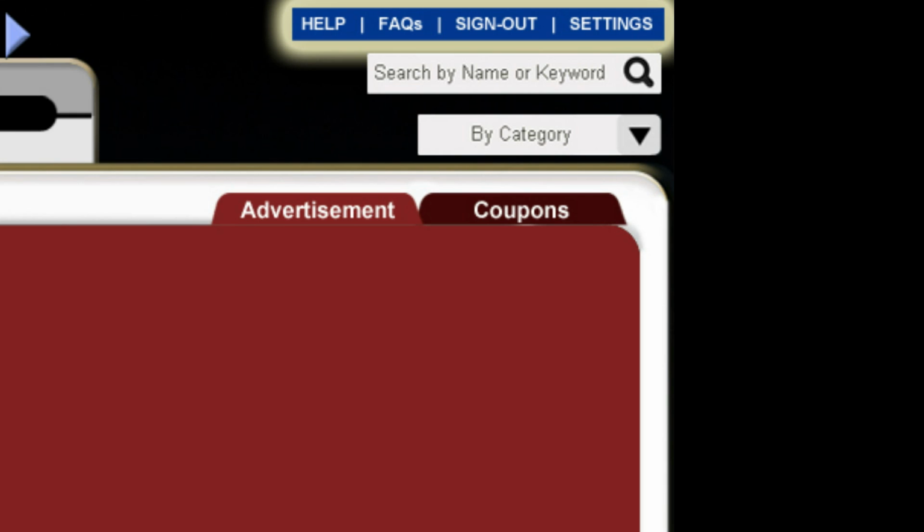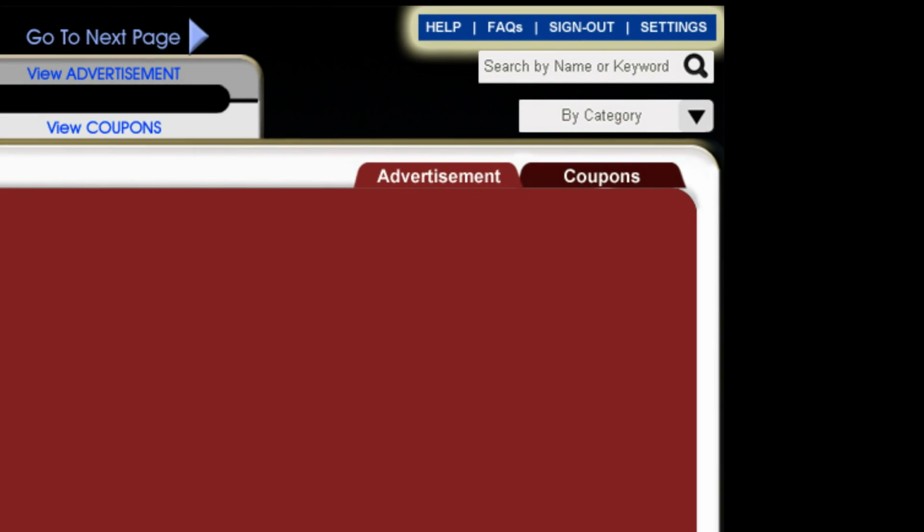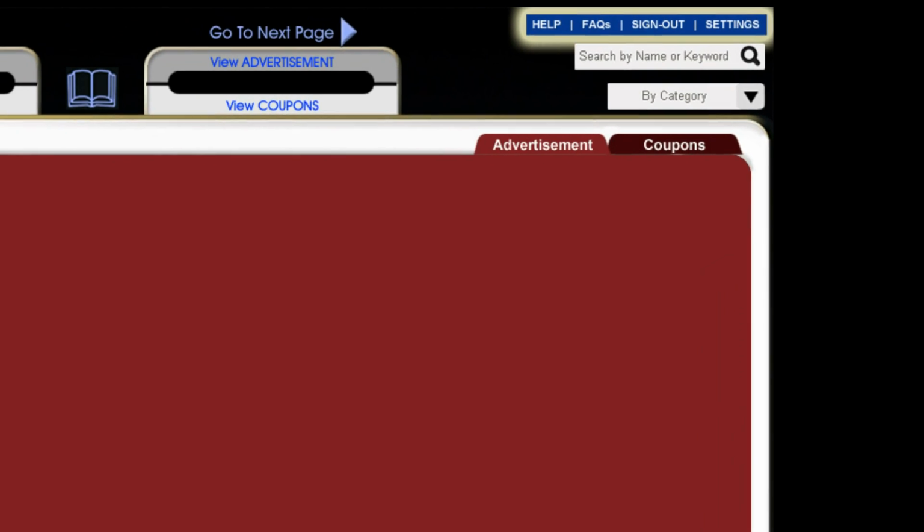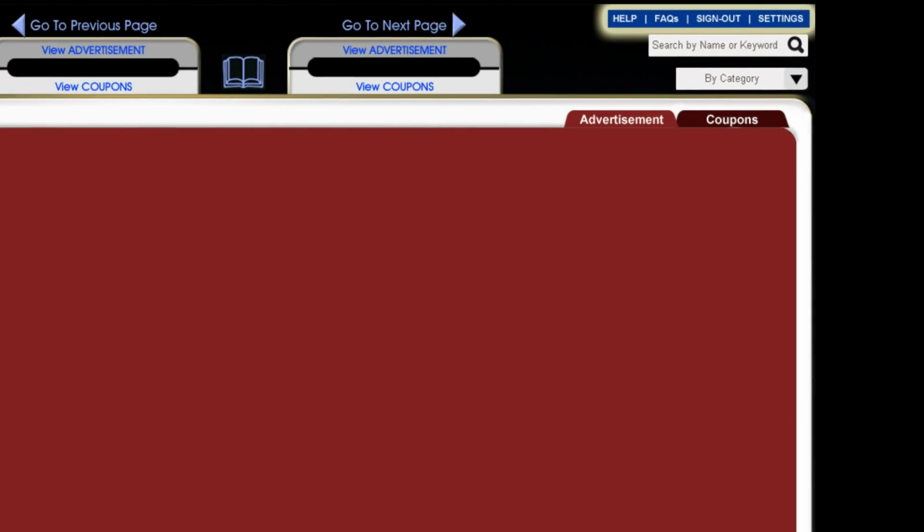For convenience, you'll probably choose to keep yourself signed in, but for some reason if you choose to sign out, click that button, you'll be logged out, and go back to that same section and it will now say sign in to log yourself back in. The settings button will take you to the panel that has all the information you've chosen to store within the program. This is where you can add on certain things such as your addresses for the MapQuest function or cell phone numbers for the callback